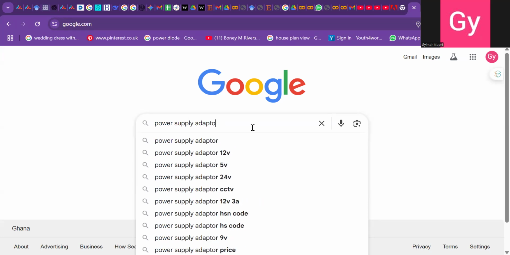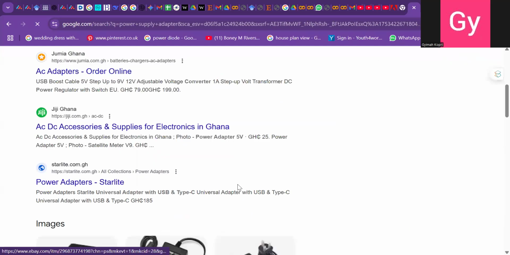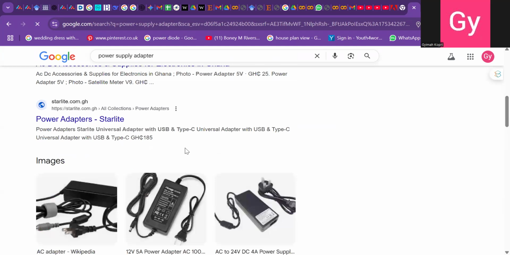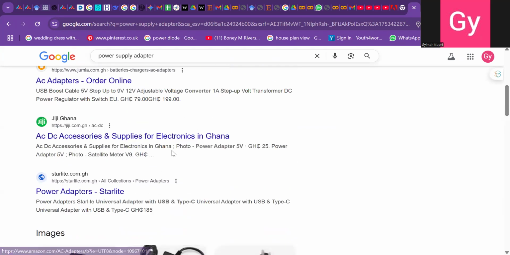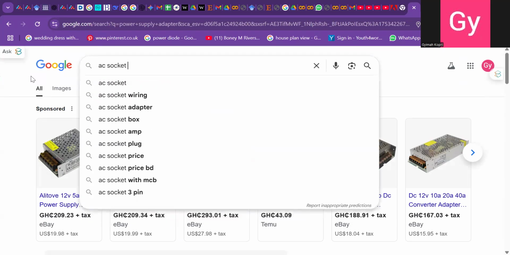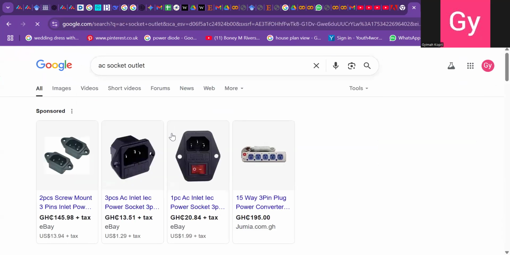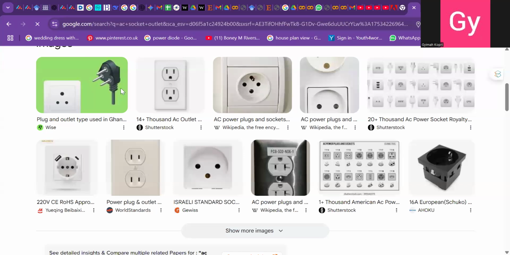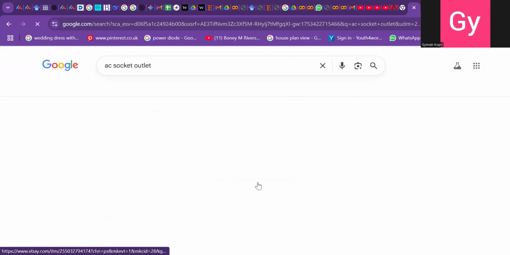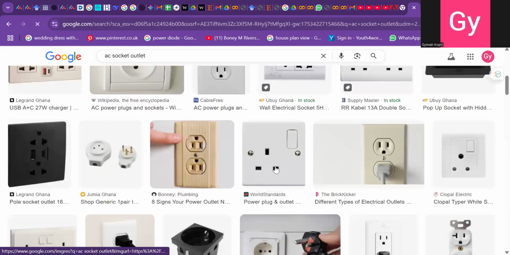If I talk of power supply, let's see. Power supply adapter or power supply units. So these are what we are talking about. We all know that if you want to connect a laptop to a power source, what we have on the wall is always an AC socket outlet. So always you have these kind of things on the wall. So this is where I'm going to plug my